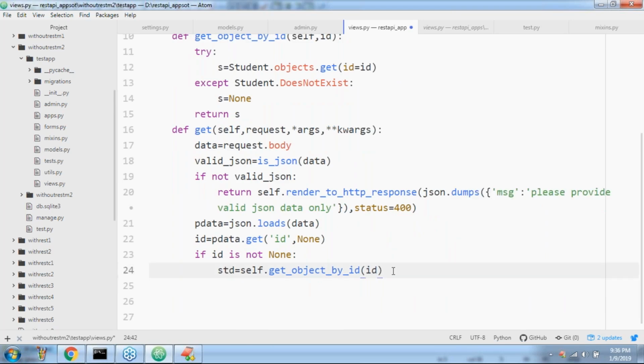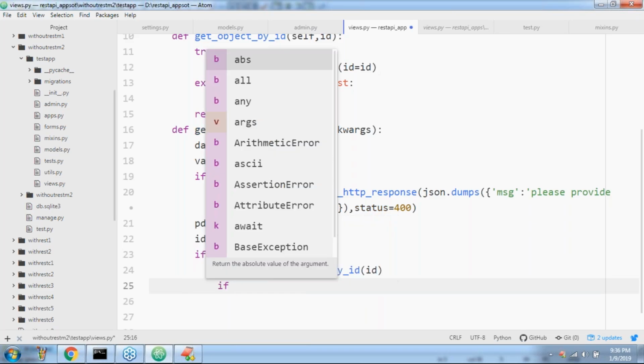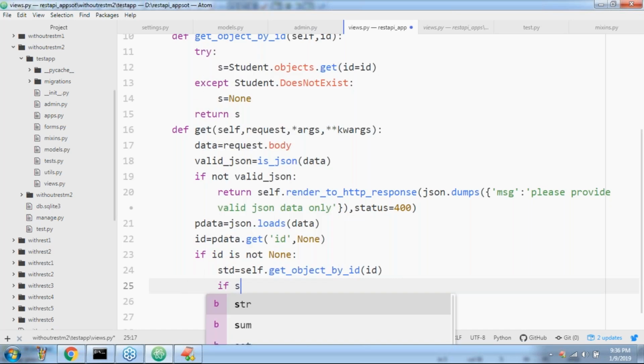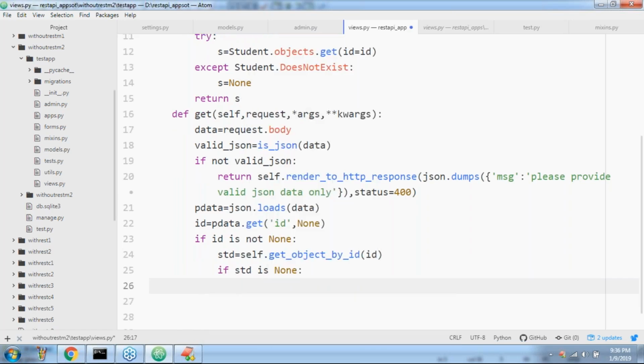That's why what I have to check here is if std is None. What is the meaning of that? Can you please confirm? Yeah, please respond, sir. If std is None, it means no record with that id. Are you getting? No record with that id.